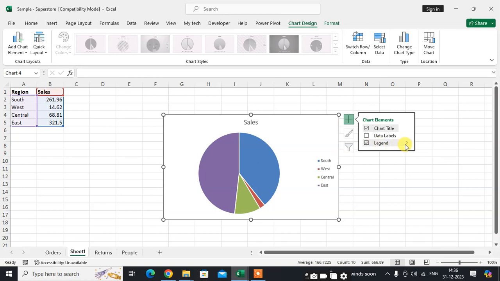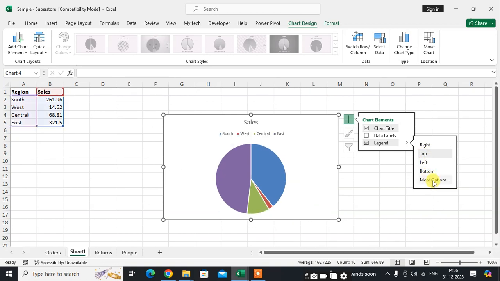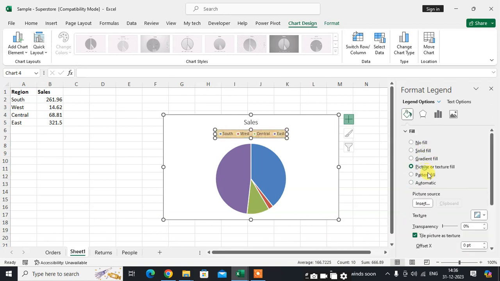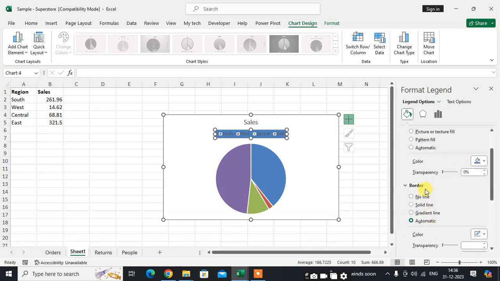Okay, then you click on this arrow. You can set the top side, left side, bottom side, and more options are available also. In more options, you can fill color in the legend. You can fill color, and a border is also available. You can add a border,